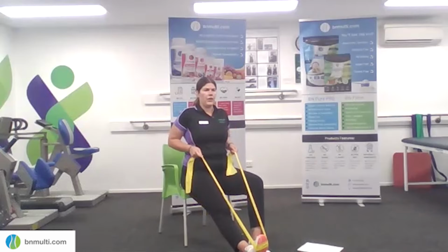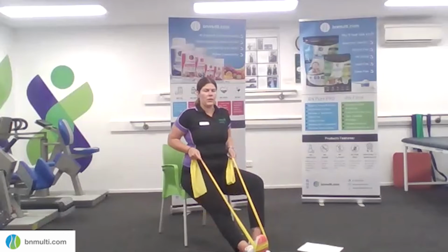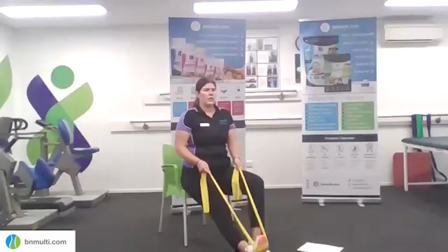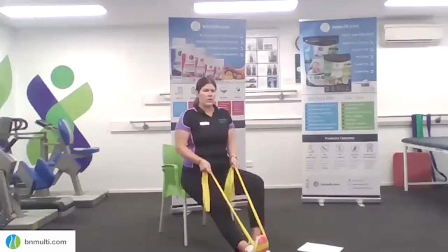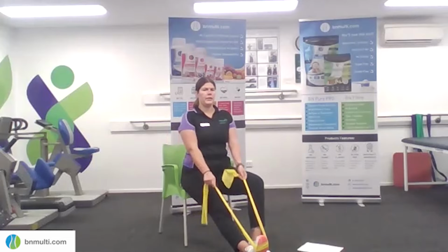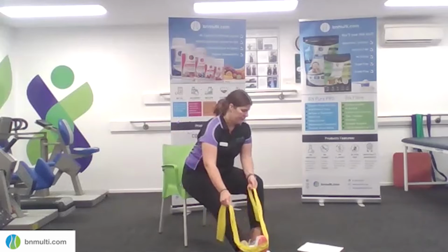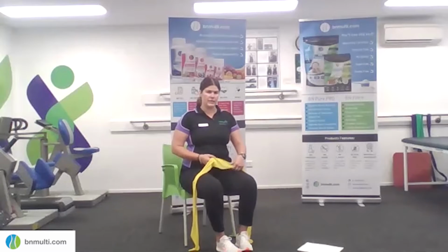So if you have your arms straight and there's no tension on the band, just wiggle your hands down a little bit so that when your arms are straight, there's a little bit of tension there. One more there, guys. Good. Perfect. So our superset means that it's going to be paired with another exercise, and we're going to do